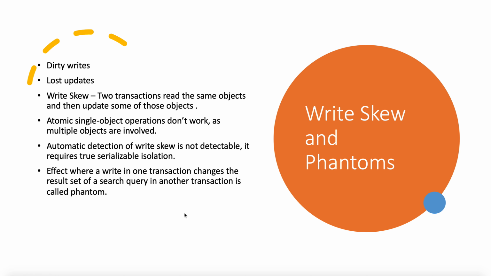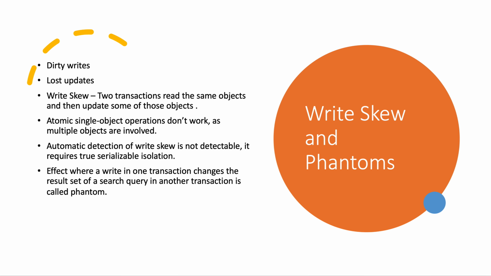When the application code decides to go ahead, it makes a write, either an insert, update, or delete, to the database and commits the transaction. But the effect of this write changes the precondition of the decision in step 2. In other words, if we repeat the select statement from step 1, the result is going to change. To avoid this, we can make the transaction safe by avoiding the write skew by locking the rows in step 1. This effect, where a write in one transaction changes the result of a search query in another transaction, is called a phantom.